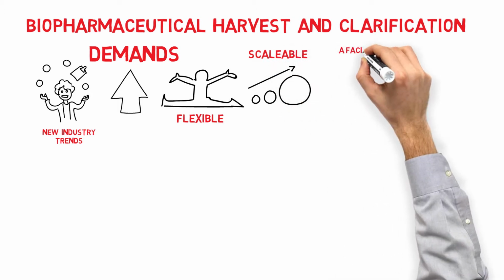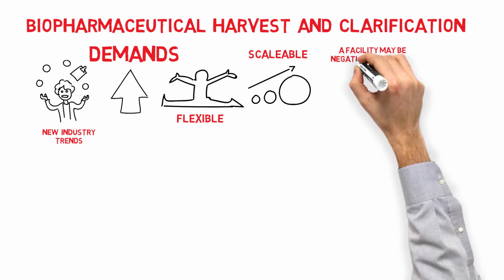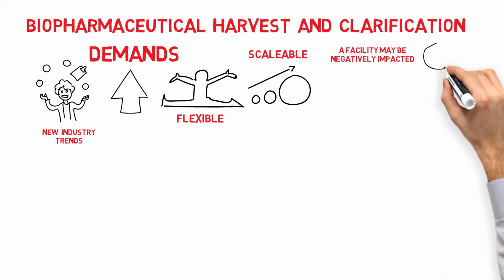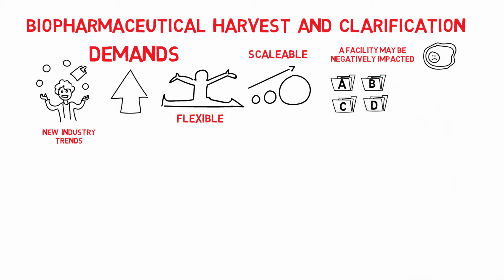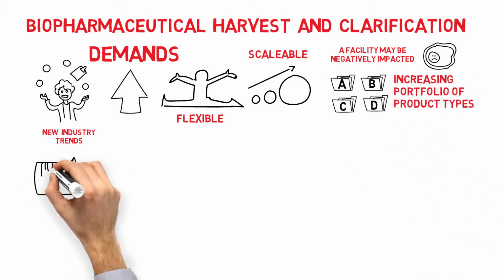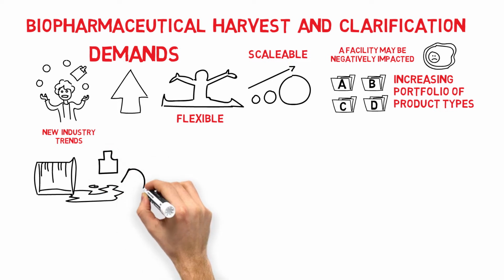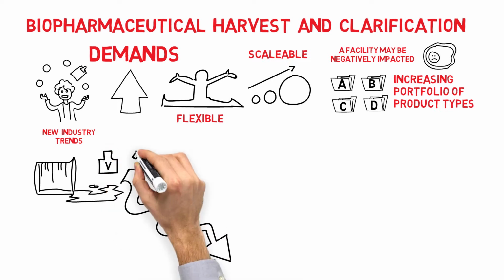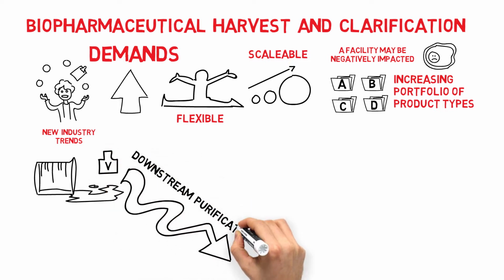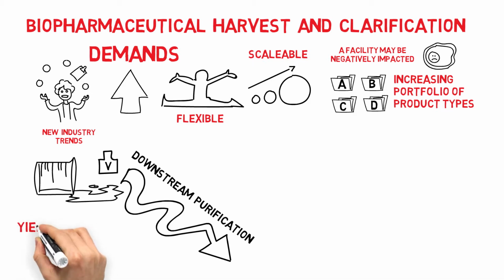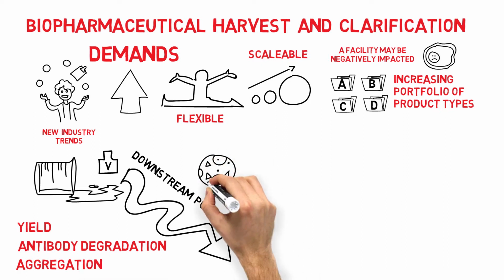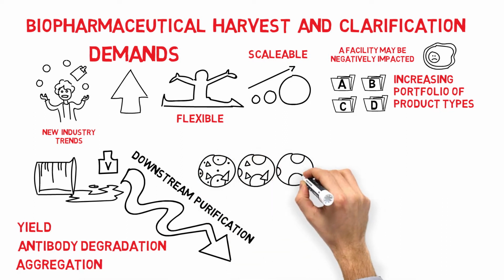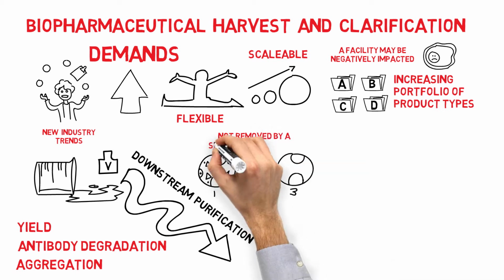product. The flexibility and efficiency of a facility may be negatively impacted by an increased number of cell culture types and conditions required to produce an increasing portfolio of product types. Variable cell culture fluid creates a range of negative effects on downstream purification, including decreasing overall yield, antibody degradation, and aggregation. What makes this especially complex is that not all components of the cell culture fluid are completely removed by